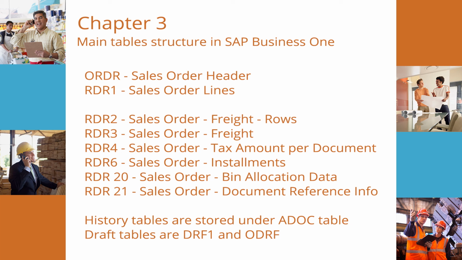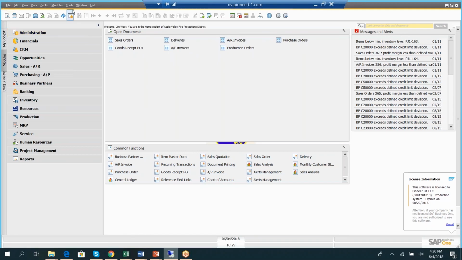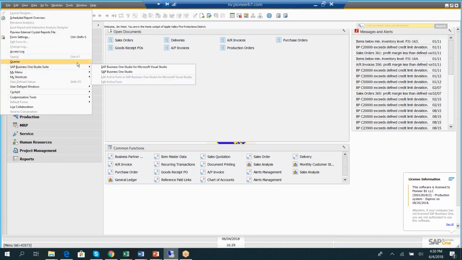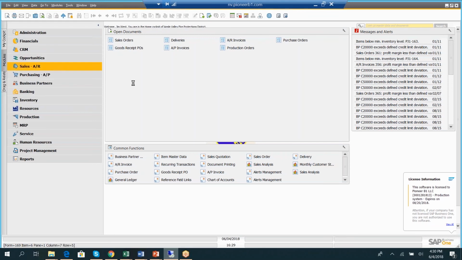And in the same case, it saves all the drafts of all documents, so you will need to filter. For example, if you're looking to see only the drafts of sales order, it will be where object type equals 17, which signifies the sales order. So for example, I'm going to query generator,